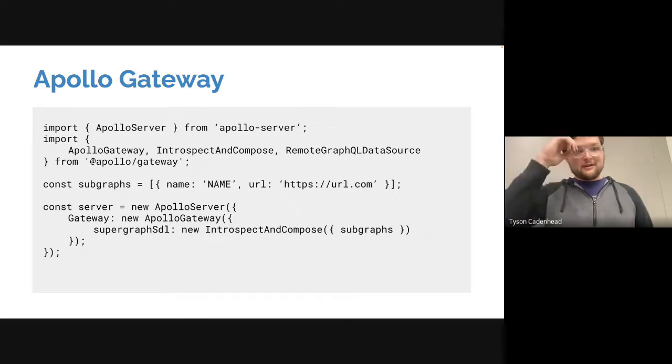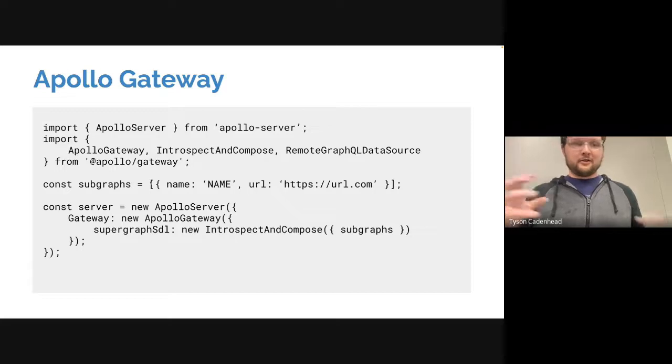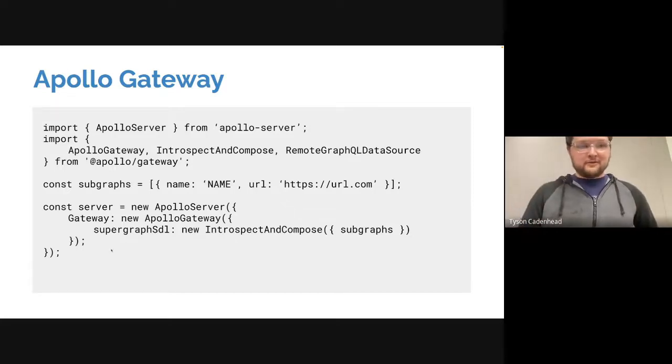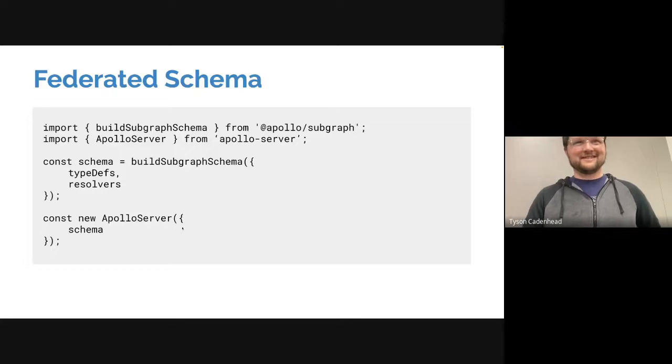And the way we can do that is we basically have a gateway here that defines an array of subgraphs. And these are all the subgraphs that it uses to merge those together. And we pass those into a supergraph SDL, and it basically just works. Magic. And then on the individual subgraph schemas that are being exposed, we actually have to wrap that in a buildSubgraphSchema function. So it basically exposes the schema definition to be subgraphed.